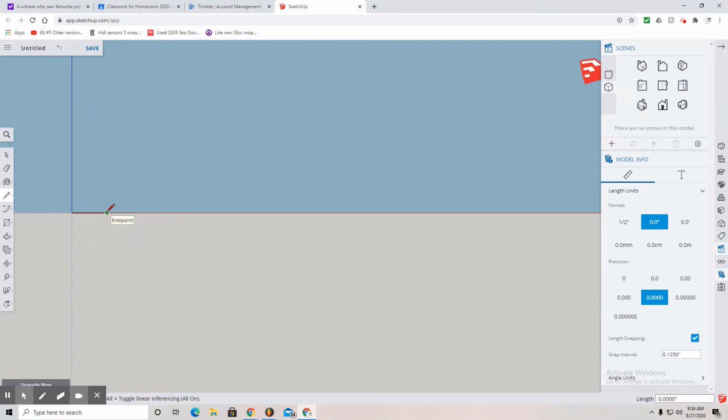Now I'm going from that green point with my pencil, I'm going to go up. And at this point, I enter 0.25 on the keypad and then enter. Now I have a short line segment that goes straight up. Now I'm going to the right again. You can see my red line segment. I'm going to enter 1 on the keypad, enter,